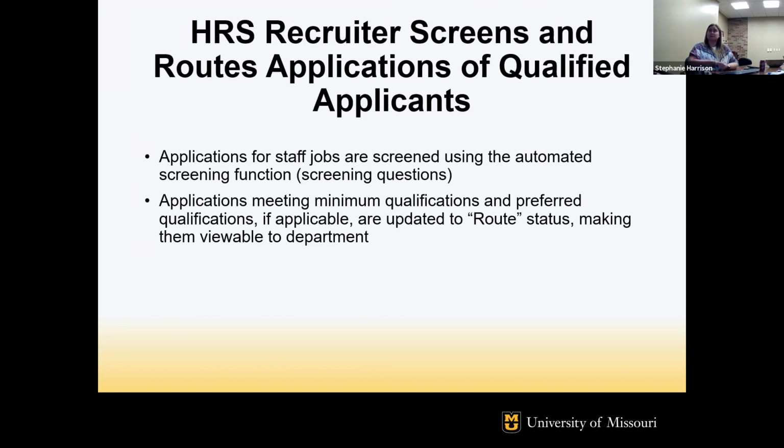Only those of us in the recruiter group can see them. And then once they've gone through the screening process and if they've met all of the minimum qualifications, then we will route them over to make them viewable for the department. And then our office will send correspondence to them, letting them know that they have met the minimum qualifications and that if the department wishes to reach out to them for an interview, then they will be contacted by them.